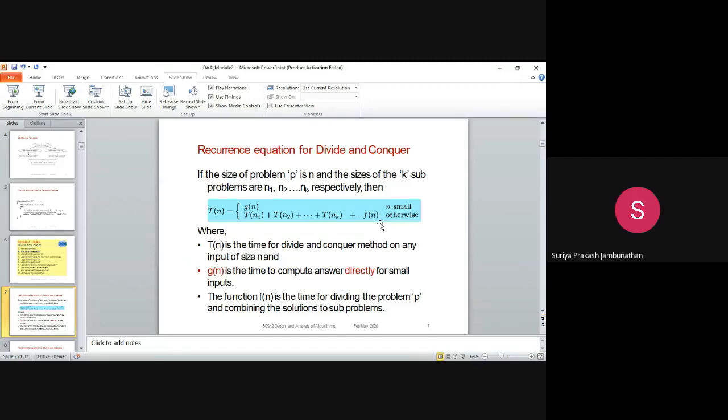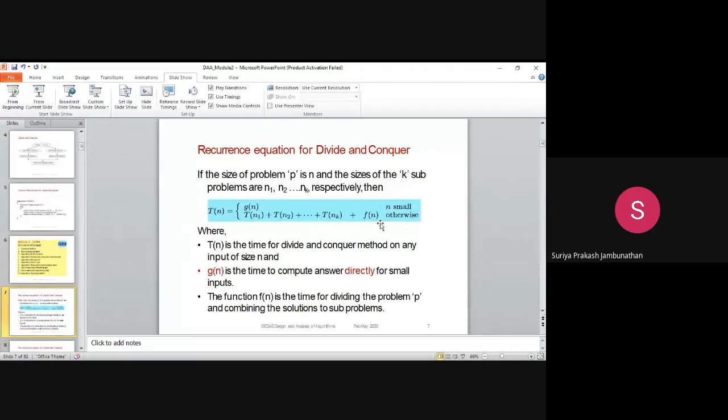For example, if we have the number of values as 7, your dividing time will be very less. Think of if the n value is 50, or 100, or 500, you are having 500 elements in the particular problem. So with 500 elements, think of how much time you have to divide. The dividing time will be much more compared to n value 7. So input matters here.